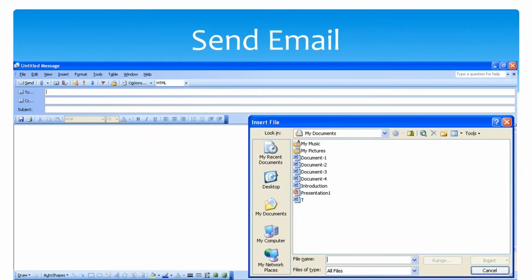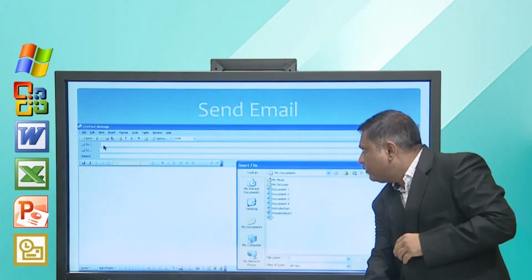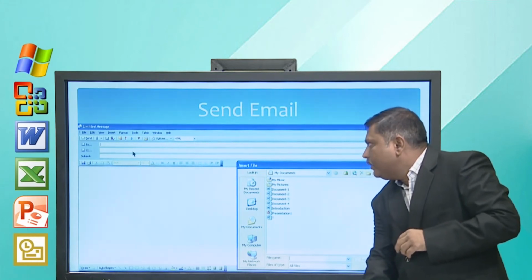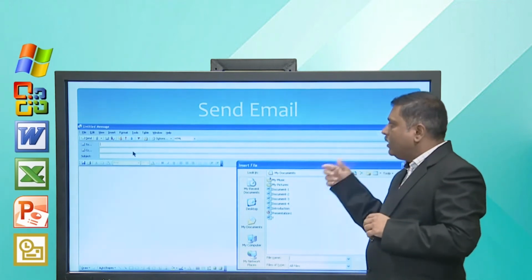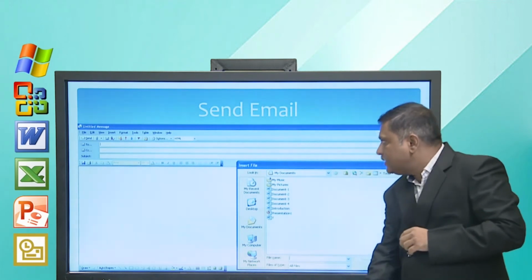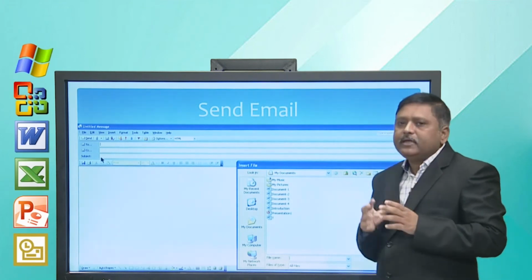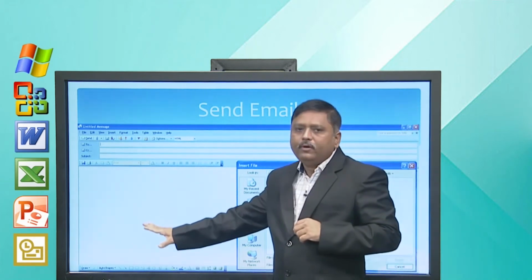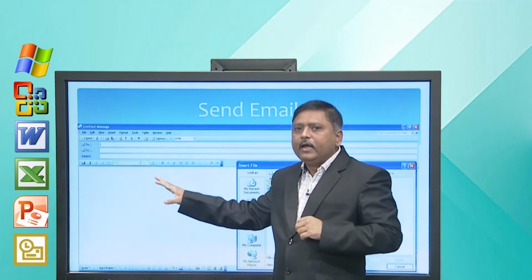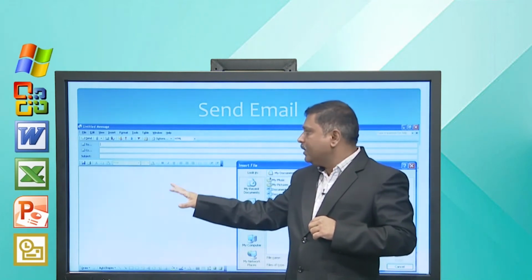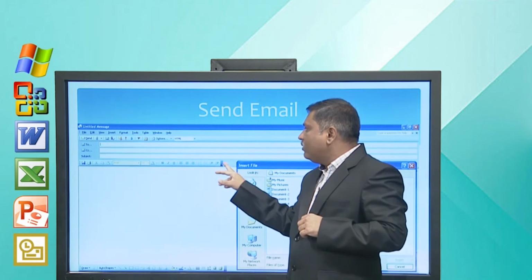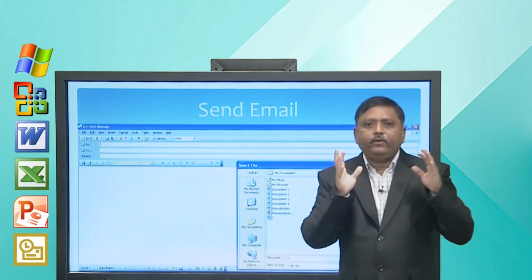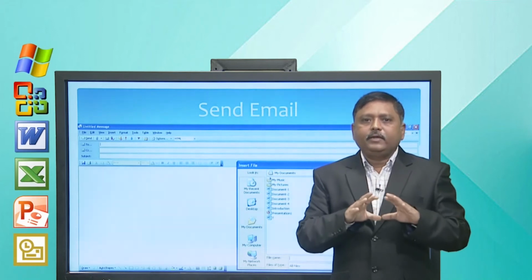Here you can see this is a compose dialog box, where in To you have to specify the recipient email address. In CC, which means carbon copy, if you want to send the same email to another person, you can specify it inside CC, and inside subject we generally write our subject line, and here is the actual email editing area where you can write your email, right. And here you can see we have a formatting toolbar that you can use to format your text inside the email.